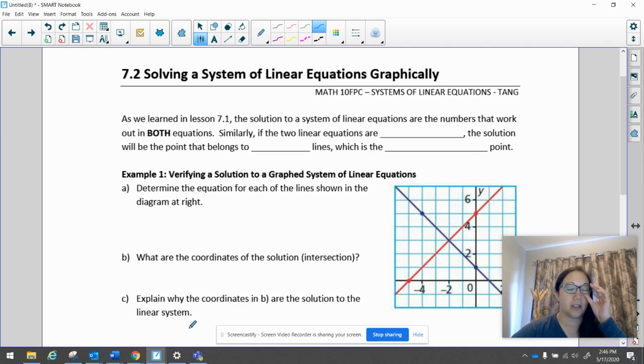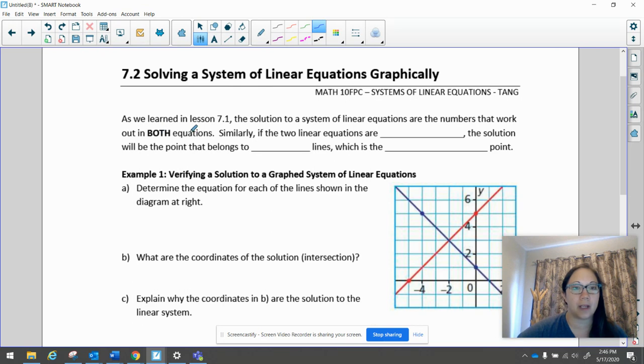Okay, welcome to section 7.2. This is solving a system of linear equations graphically. Graphically is just a way of saying by graphing, by making graphs. As we learned in lesson 7.1, the solution to a system of linear equations are the numbers that